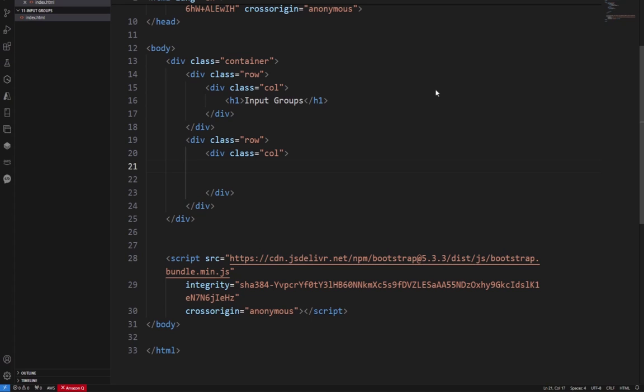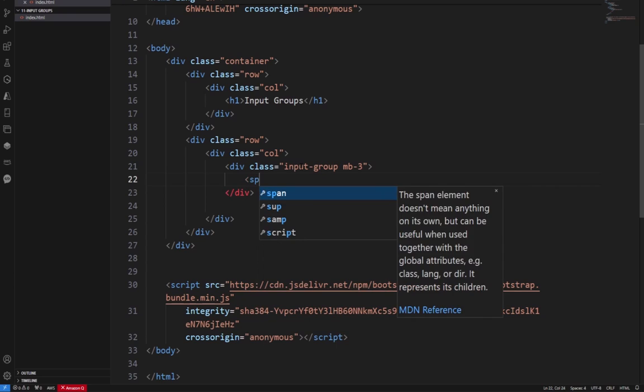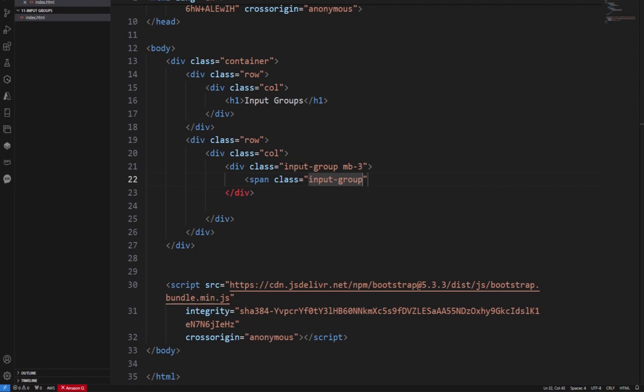I have my source code here, and the first thing I'm going to do is create a new div. The class is going to be input-group, like you see here. And then I'm going to put mb-3 just because I want some space below it, because I'm going to have a couple of different examples that you can see. Then I'm going to put a span. We haven't used very many spans, but spans have a lot of uses. It's an inline tag. That means that it doesn't take up the full block width and allows us to put just what we want. You do input-group-